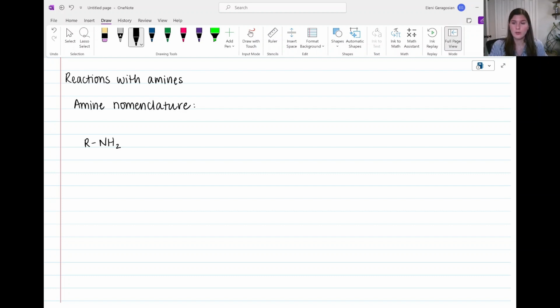So we have an R group. That R group is a carbon chain bonded to nitrogen with two hydrogens. This is called an alkylamine. And when the nitrogen's bonded to one carbon chain, that's a primary amine. So you might hear that term as well. If we have